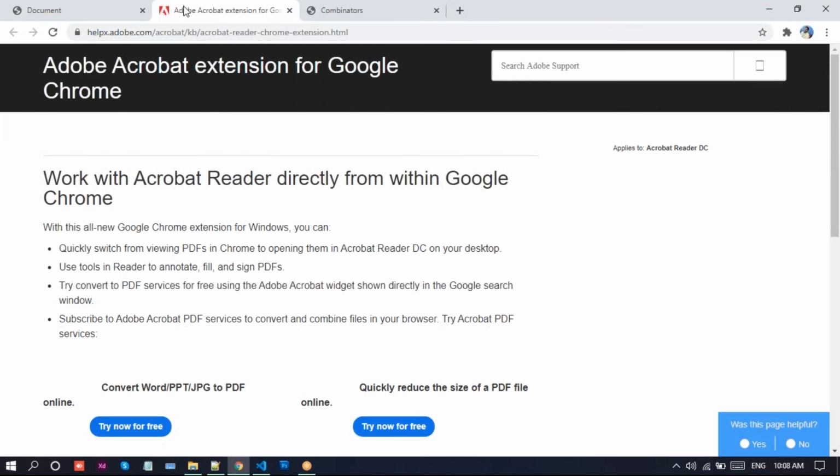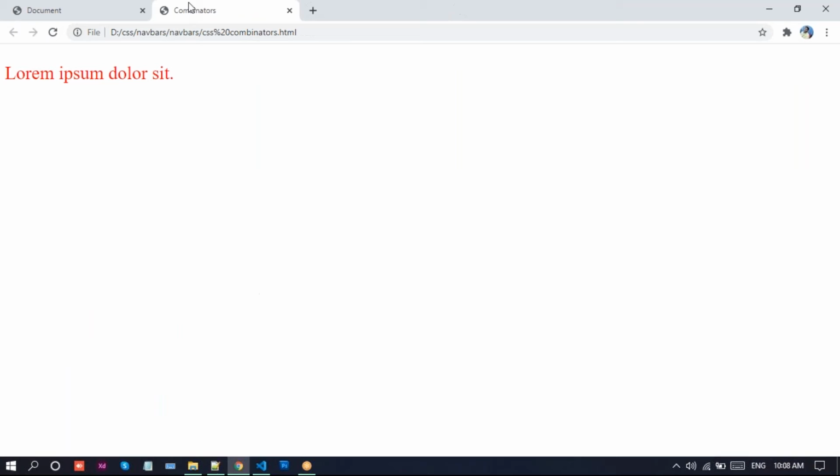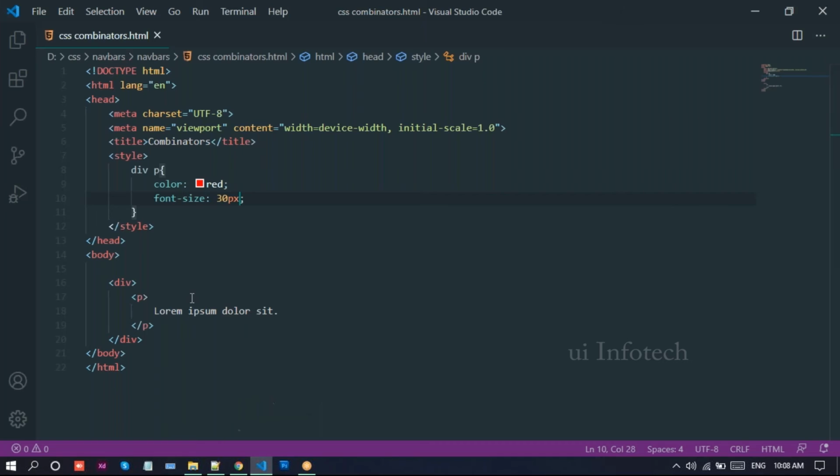Now let me run this in the browser, just click Alt B. Look at this, there you get it. So this is the space selector being used to select this.